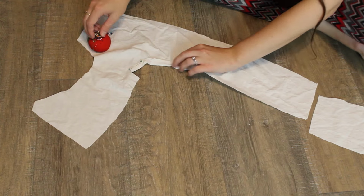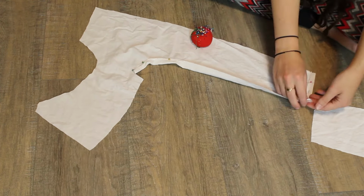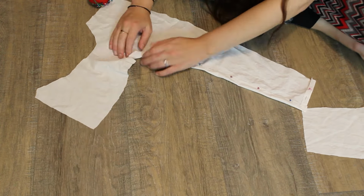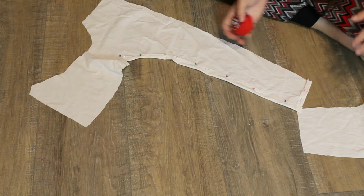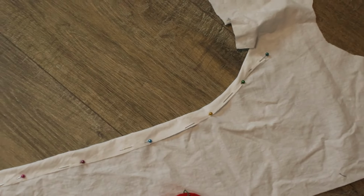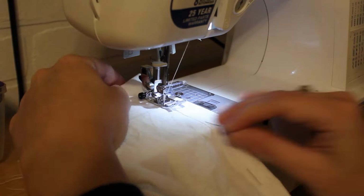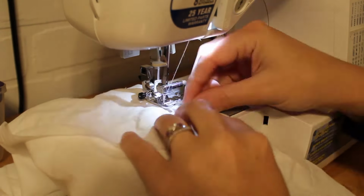So here is the front bodice pattern that I am now making a little channel to put these strings in because it is a gathered front, which I had never made something with a gathered bodice before. Not in this way, where it has a little channel that then pulls on a string. I of course gathered something and then attached it to a waistband, but not with the little channel there. So that was fun and different and new for me. I also went ahead and finished some of the seams of the front there right as I was sewing the